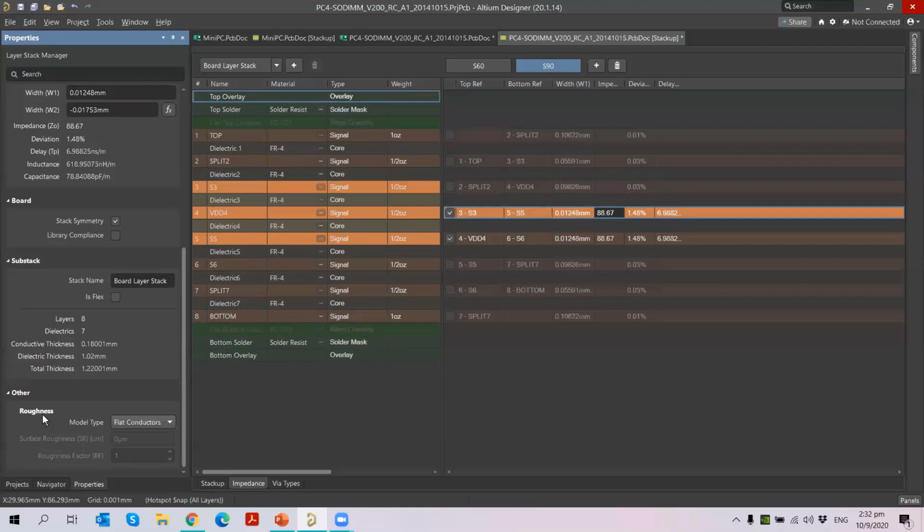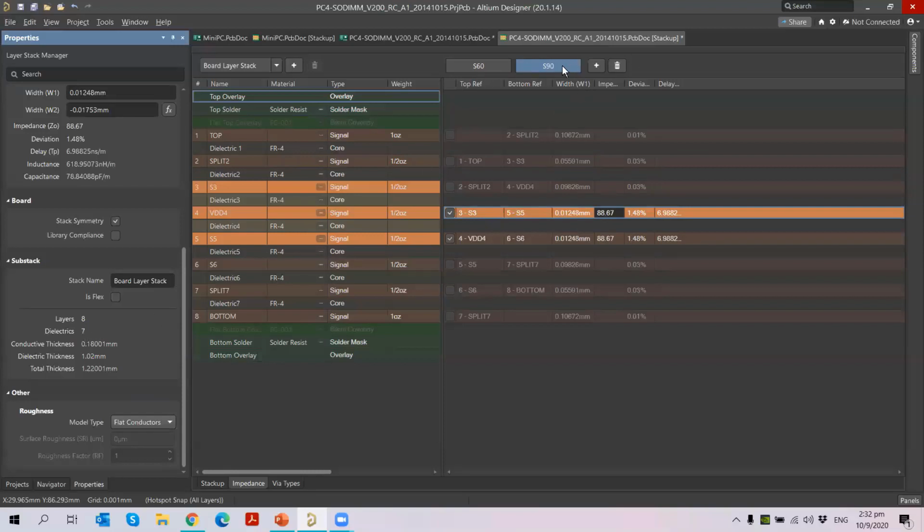So to reduce the conductive losses in the copper, we need to select the roughness of your material. You can choose that under this. When you're choosing the model type, it will automatically calculate it in your impedance calculation. So this is a new feature introduced here.